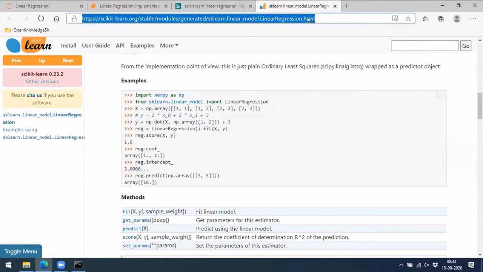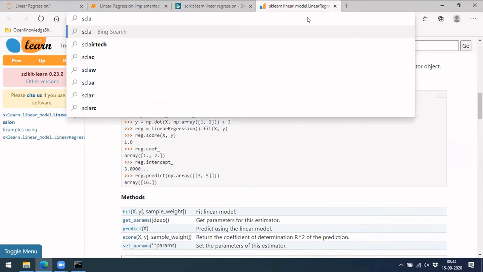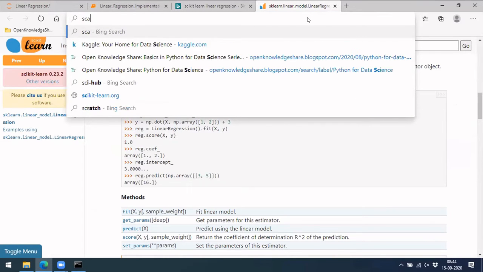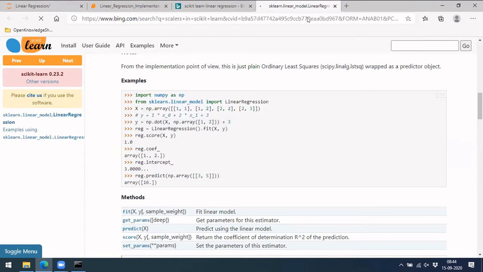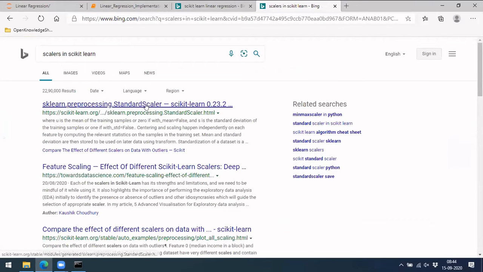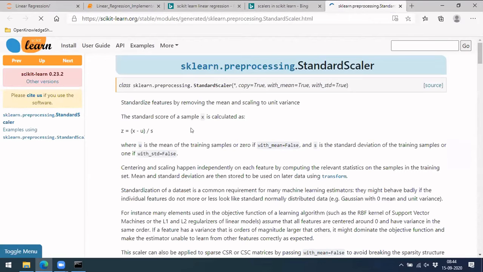Let's do that. Scale. If you see this, this is the same explanation: they are subtracting the mean and dividing by the standard deviation.